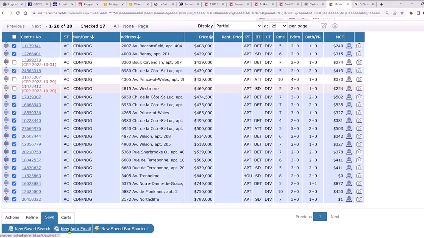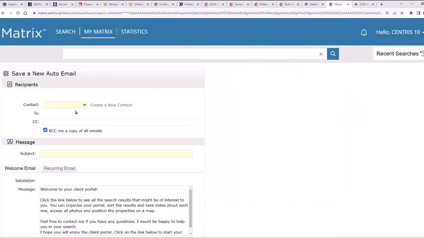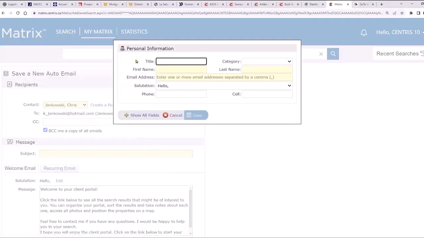Let's say I would click here, save auto email. For the sake of argument, I'm just going to go with the same Hotmail account. This is me, but if we want to create a new account, we can do so. It's created on the go. This was actually a nice improvement with the system about a year and a half or so ago, because we weren't allowed to add a new client on the go. We always had to go back to add a user, import it in, and only then were we able to send information to them. Whereas here now we can create a new user, a new buyer on the go, which is nice.